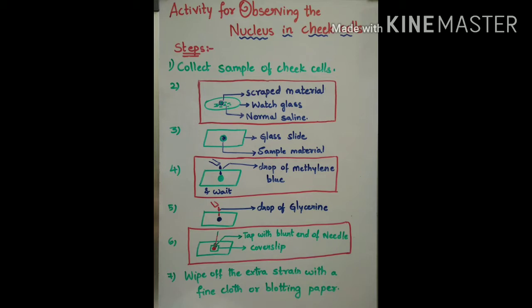In the next step, put a drop of methylene blue, and then wait for a couple of minutes. After that, put a drop of glycerin over it, and then place a cover slip and tap on it with the help of the blunt end of a needle so as to spread the cells. Wipe off the extra stain with a fine cloth, or we can even use blotting paper. By doing this activity we can observe